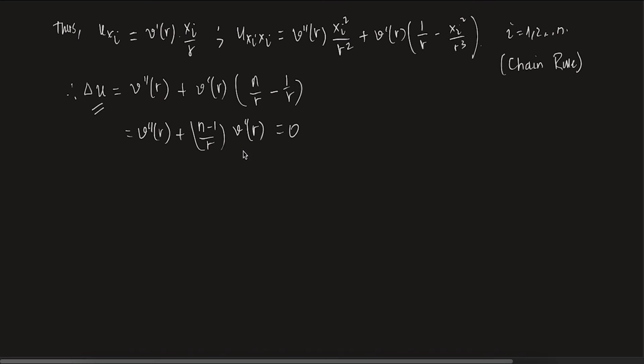And do you really know how to solve it? Of course we know, because this is just a one variable function. This is so beautiful about changing it to a radial function. Here you see, this is just a function of one variable r. Clear? And now I know this is just an ODE which I know how to solve. So let's say if v prime is not 0, then you can just solve this problem and you can get log of. I hope all of you can solve this equation. It's not very difficult to do.